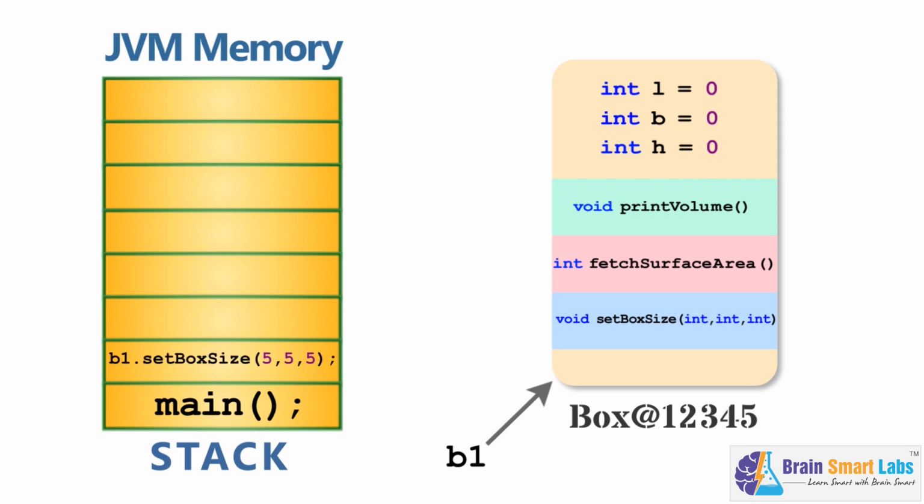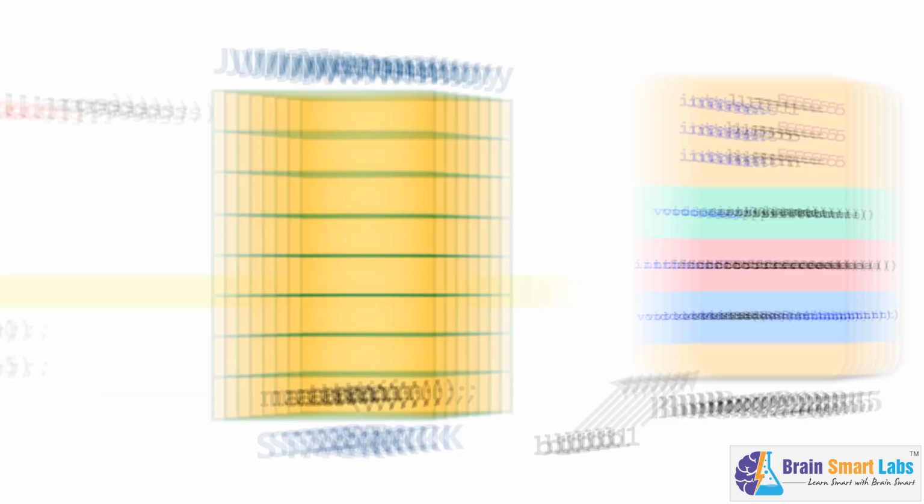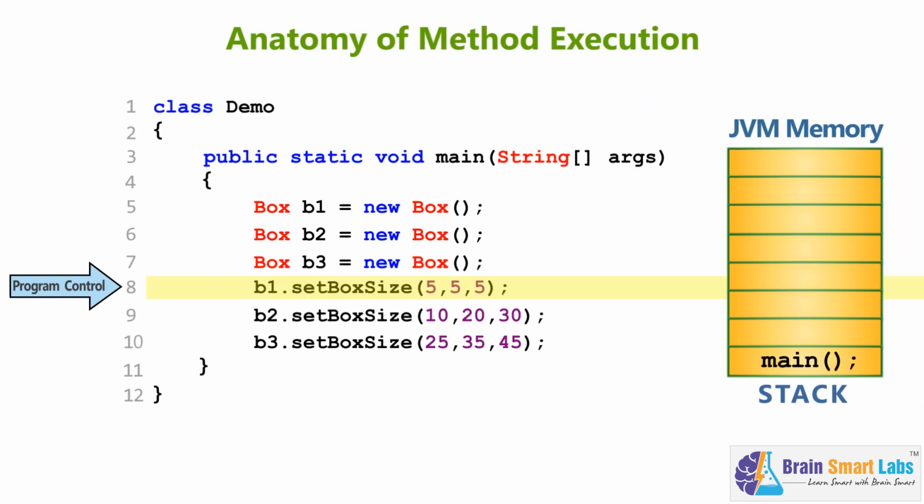b1.setBoxSize 5,5,5 gets loaded on top of the stack above our main method. This method, when executed, changes the dimension only for our B1 object to numerical values 5, 5 and 5, which successfully completes its execution to be removed from the stack and for our program control to move on to the next line. When the program control reaches line number 9,